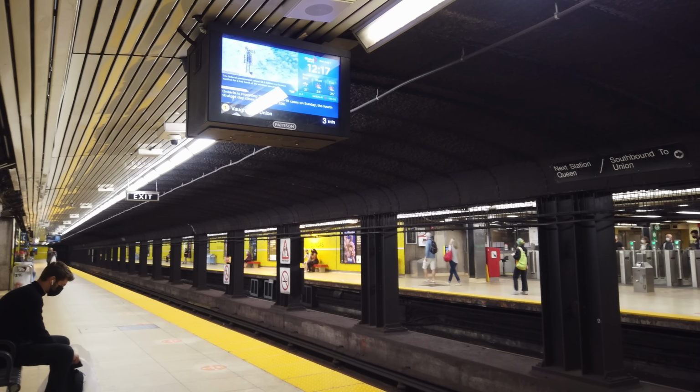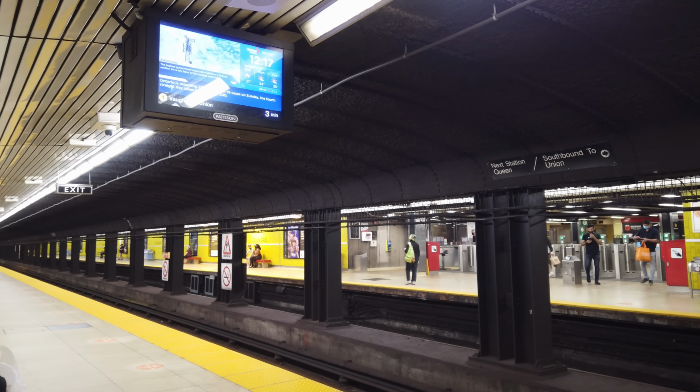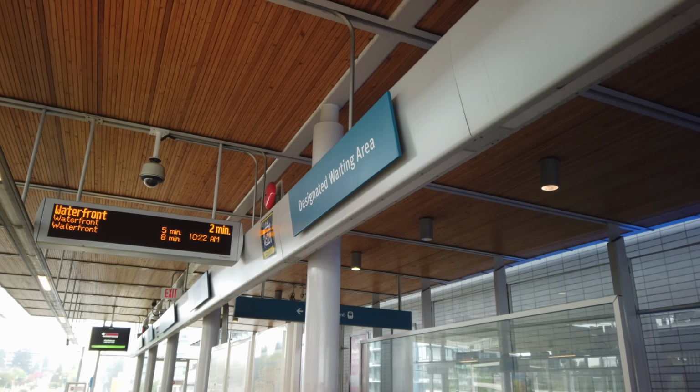At the same time, the TV-like profile of the screens means that they can hang pretty low, which isn't great, especially in older stations where the ceilings are already low and you want to keep your head. Now, looking at other cities internationally, I really like the example of Paris. Vancouver's Canada Line really runs with this and uses a similar LED dot matrix screen, but this screen is far